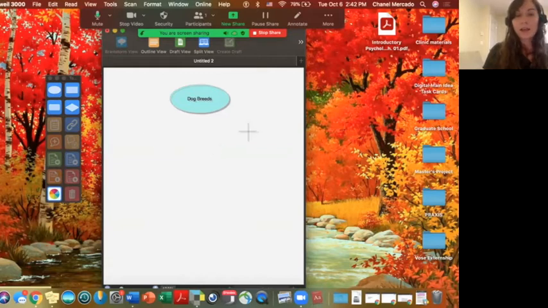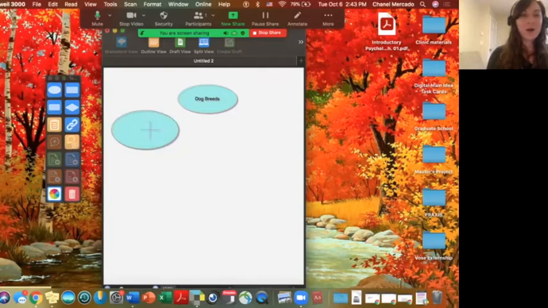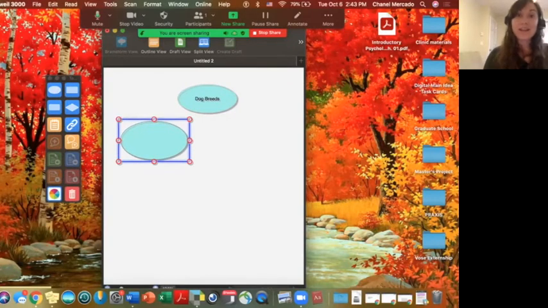And whenever I click around on this page, it appears with a crosshair icon. This is what lets you know where a shape will appear if you choose to add something to your brainstorm. So I have a bunch of different shapes here I can choose from, but I'm going to use the oval again just for this demonstration. So I'll select that. And now it pops up with another oval. So I can double click within that, and then I can write more text. So let's say dog breeds is my overarching topic, but I'm specifically going to compare big dogs and small dogs. So I'll write big dogs in this oval.